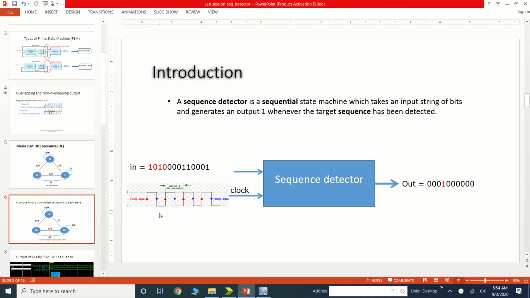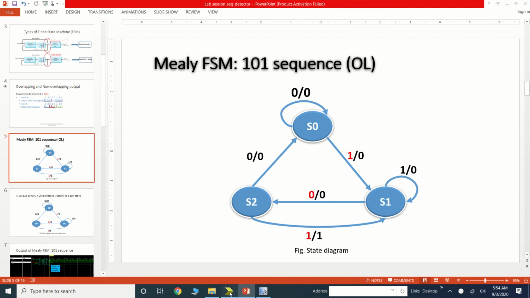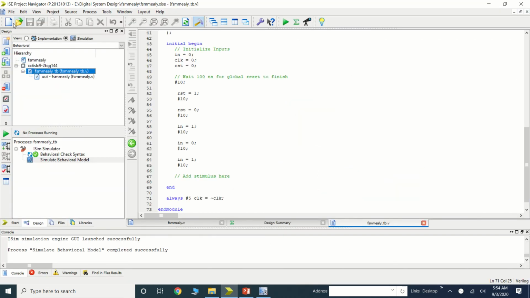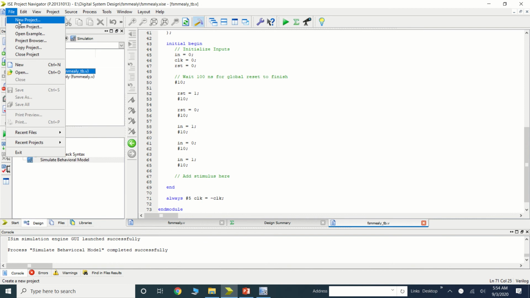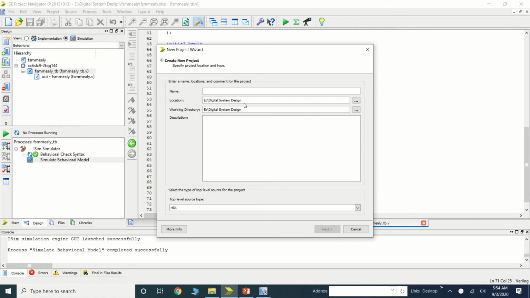So now let's switch over to the Xilinx. Here, first we are selecting the project, let's say Mealy FSM.